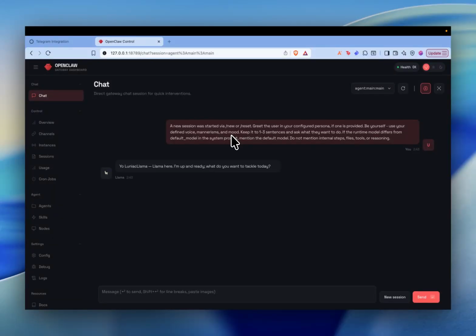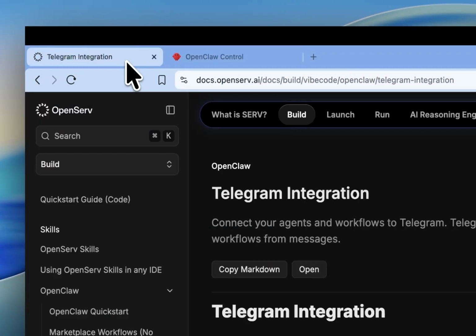GM servers, welcome back to another tutorial in the series of tutorials focusing on our brand new release of OpenServ skills and client packages. And in this tutorial, we're going to move forward on to the next section, as we